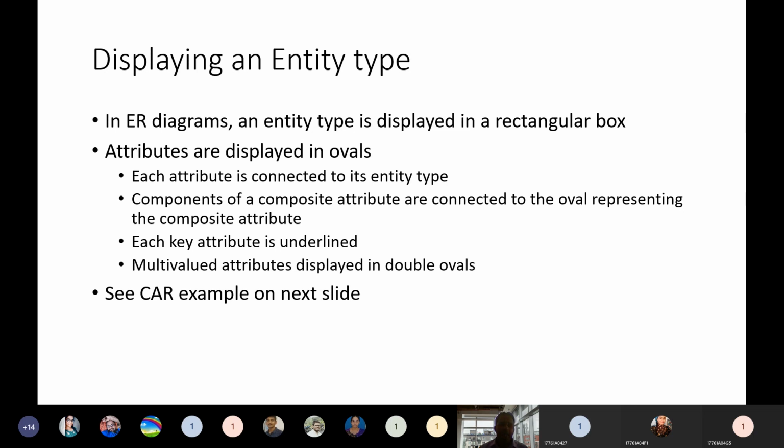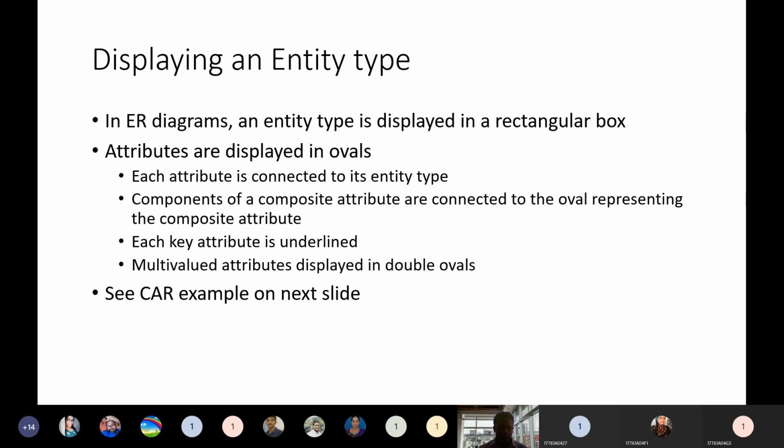Okay, entity type. How to display the entity type? Display in the sense of a diagram. So what do we use over here? A rectangular box is used to display an entity type. In ER diagrams, entity relationship diagrams, an entity type is displayed in a rectangular box.